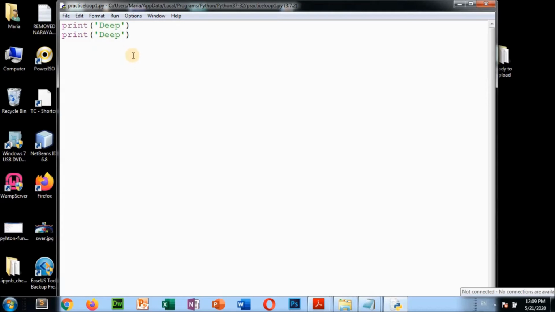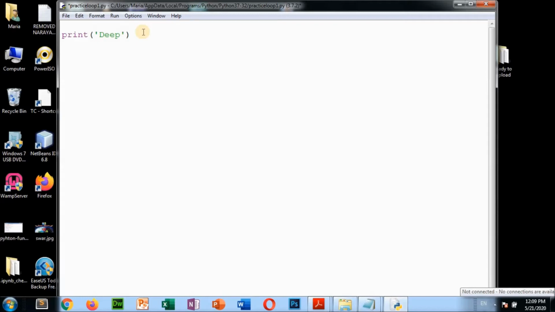To reduce the task we are going to use the loop. Only one statement we will write, not more than one. This statement we are going to write inside the loop, then depending on the condition, that many times the loop will execute again and again. Clear? Now see how I am writing. I'm going to write this program in a loop, displaying my name 10 times.